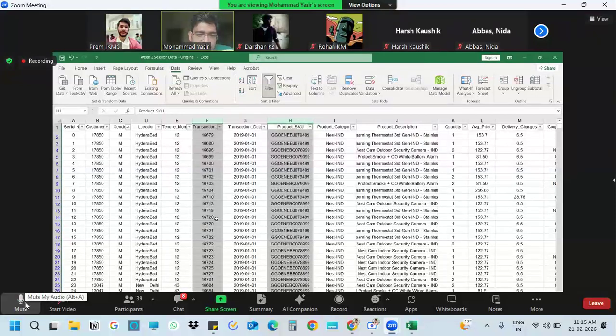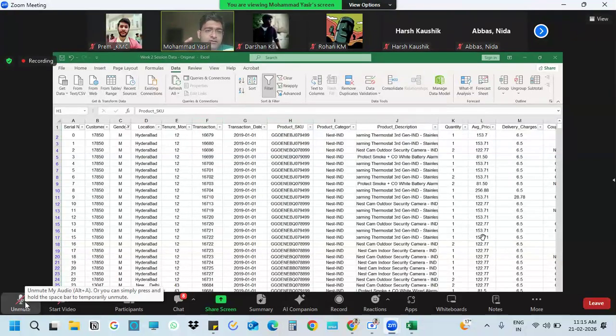So even if in a particular use case I have the same transaction ID, same product SKU, and my average price is different, that is also a problem. So ideally, I should not check whether the primary key is duplicated or not by using other columns, right?